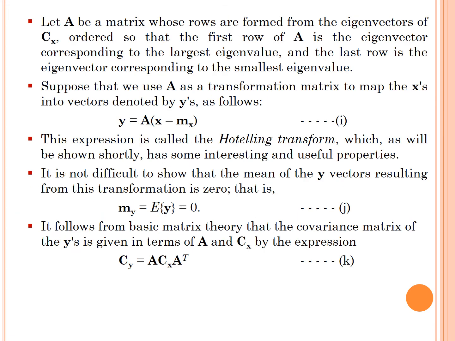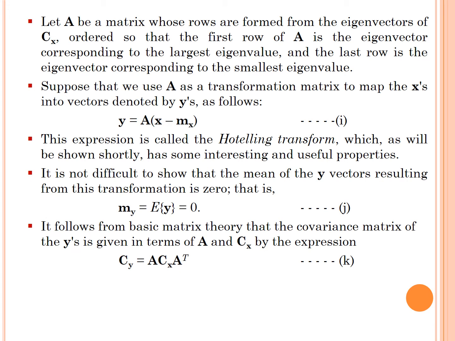Let A be a matrix whose rows are formed from the eigenvectors of C_x, ordered so that the first row of A is the eigenvector corresponding to the largest eigenvalue